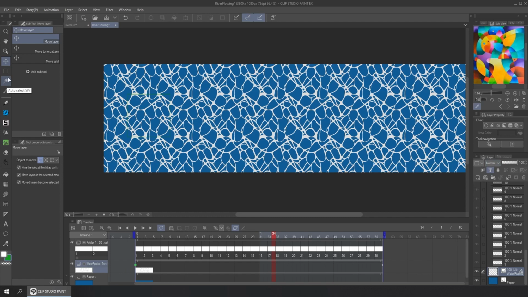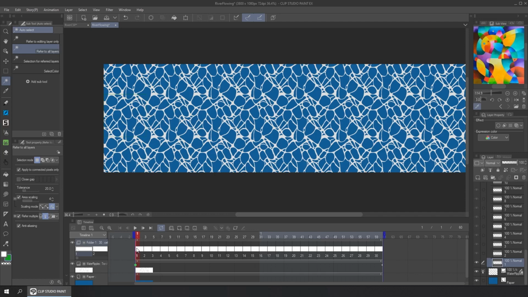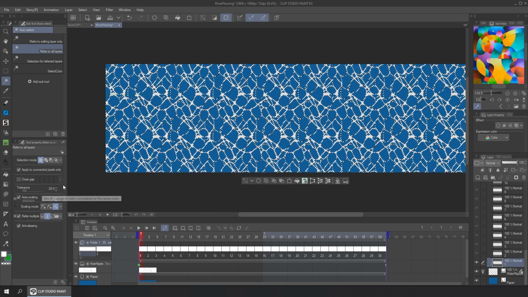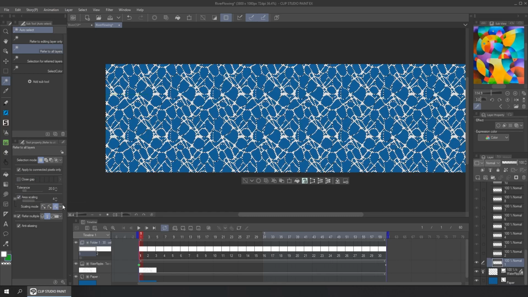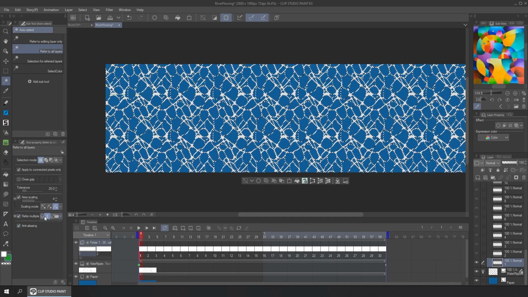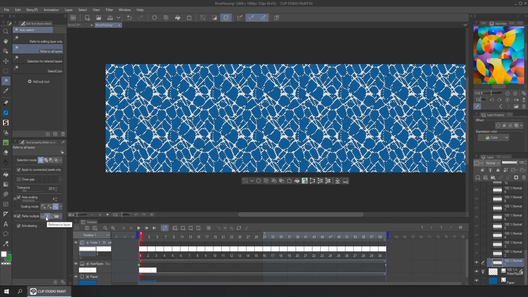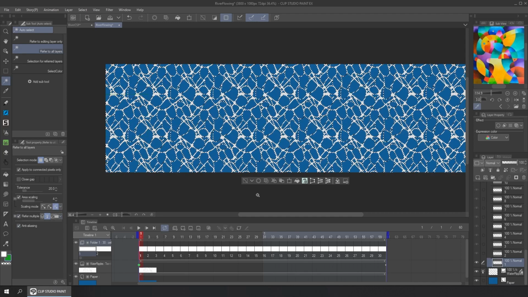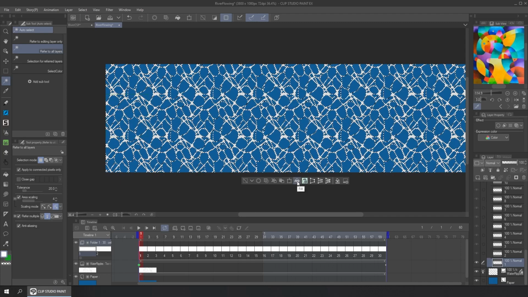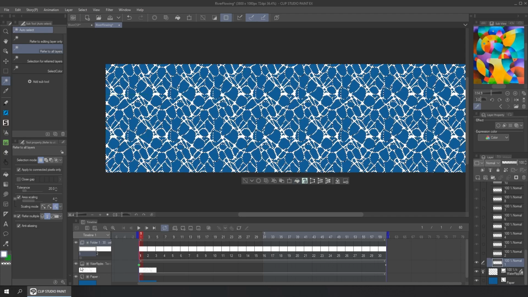Using the magic wand, the auto select tool, how it's called in Clip, go to the first frame of the animation layer and select the white part like this. Use similar settings like this one, like unselect close gap. This is really important. Tolerance can be whatever. Area scaling can be between 3 or 4. Finally, it's really important to select the reference layer, this little icon, the lighthouse.